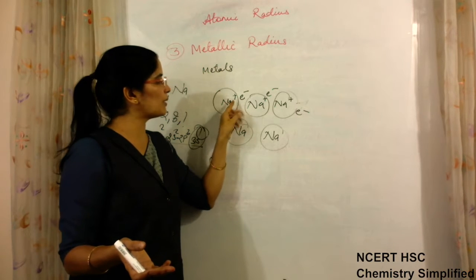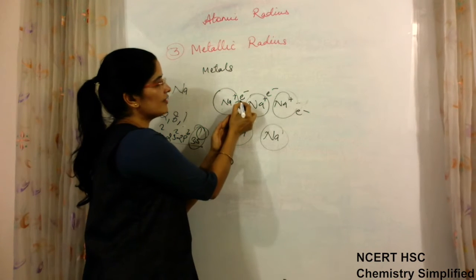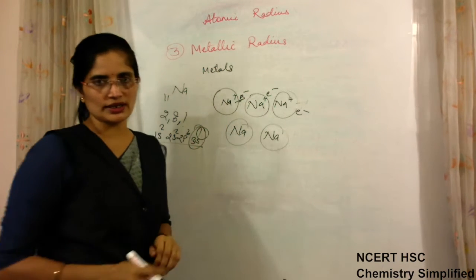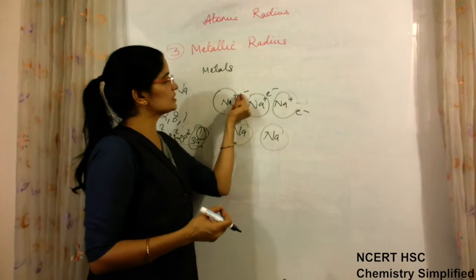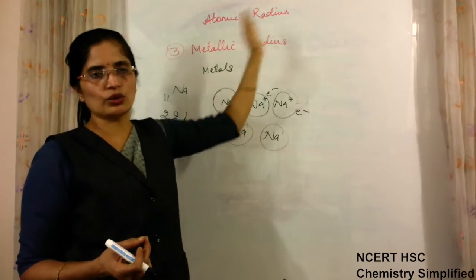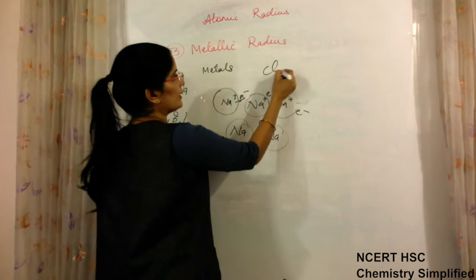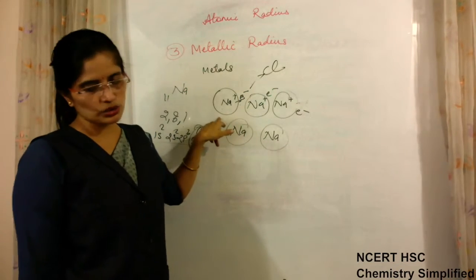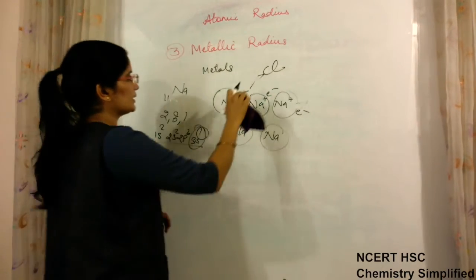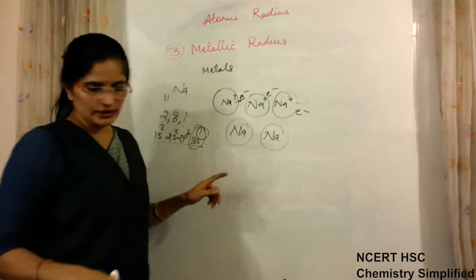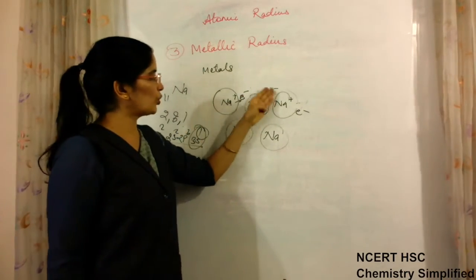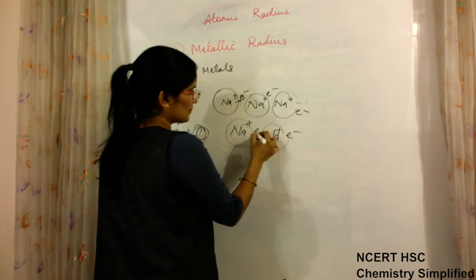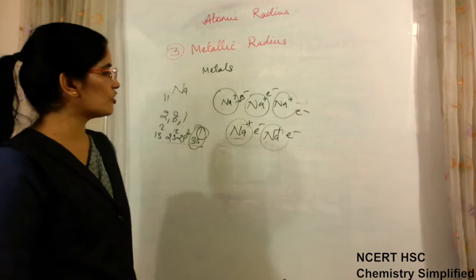It is always loosely bound, means it has just left its orbit and come out of it, but still it is in attraction with the positive charge. But as soon as it feels some little attraction elsewhere, it can be lost and go to the other. For example, if chlorine is nearby, then this electron will be attracted by chlorine and lost by this sodium. Okay, so in case of metals, the structure is like this, that electrons are always floating around the metal ions. So all these are present in the form of ions in case of metals.